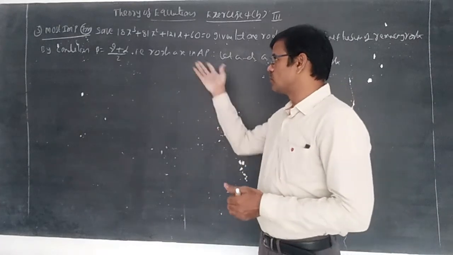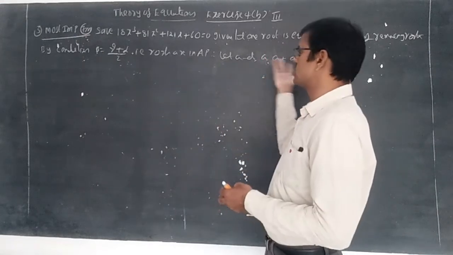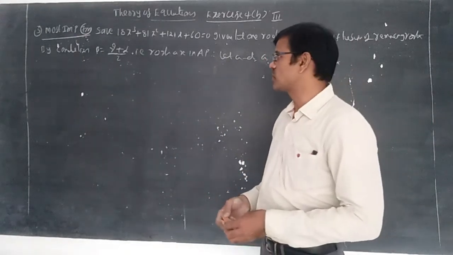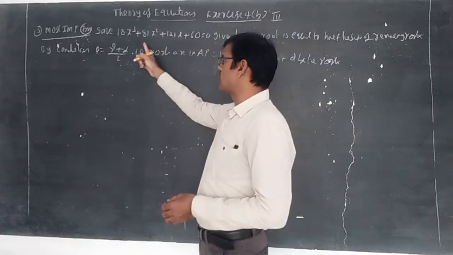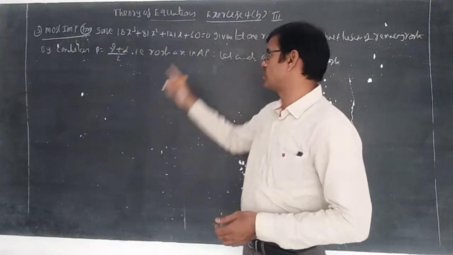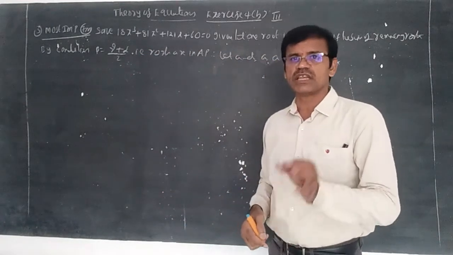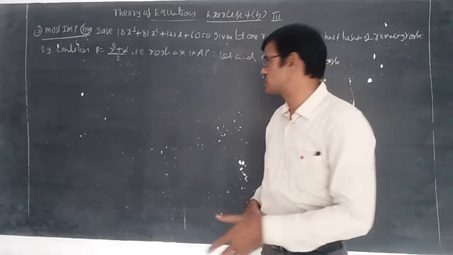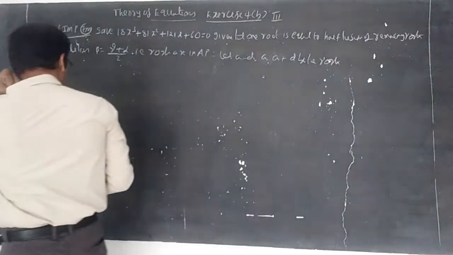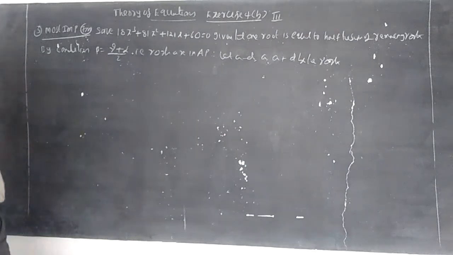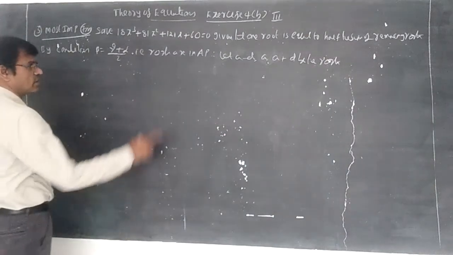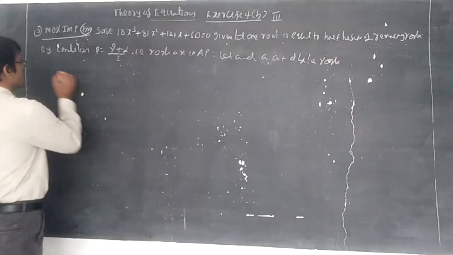Like that we can do by Horner's division also. In this method also, same only. Any way you can do. Otherwise, by putting alpha beta plus beta gamma plus gamma alpha and the product of roots also you can calculate. Any method you can follow, but the same marks for any method. According to condition, beta is equal to gamma plus alpha by 2, roots are in AP, then let a minus d, a, a plus d.